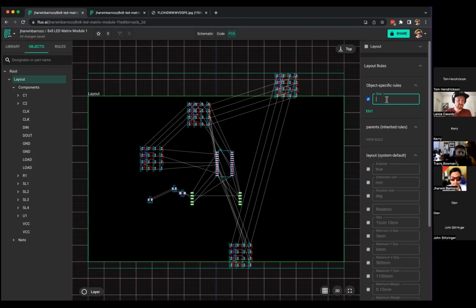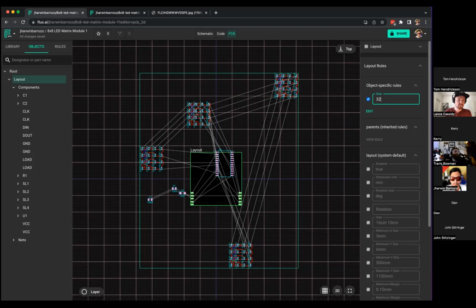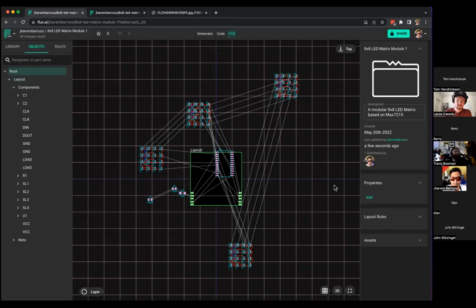So we're going to resize the board. This should be 32 millimeters by 32 millimeters. Instead of typing in 32 space 32, you can actually just put 32 and that automatically considers X and Y. Okay, I'm going to reposition the component now. And by the way,